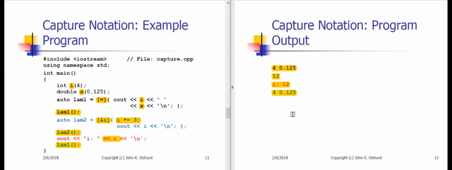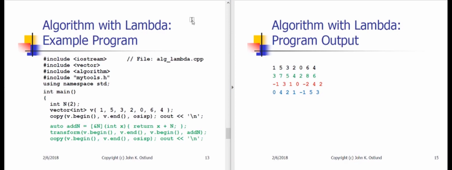Okay, so finally let's take a look at how we can use lambdas with algorithms. On slides 13 and 14 we have a small example program, and the output is shown here on slide 15. So let's walk through this example. Here I have a local variable named capital N, initialized with a value of 2. I have a vector of int v that's initialized with 7 values, and we'll assume, because I've got my tools included here,